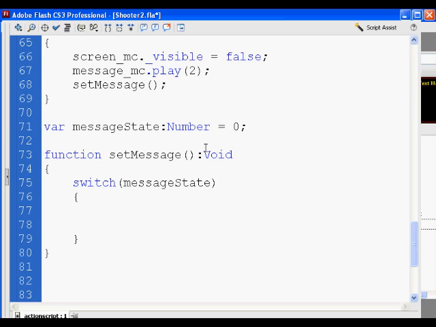So now we just set our cases inside of our switch statement. We say case 0. If it turns out to be a 0, which it is, we're going to run case 0. And now what we're going to do